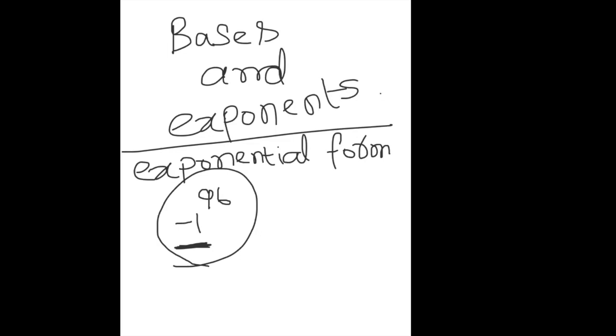Just because there is a negative sign, we should not be confused. Even if there is a negative sign, it will still be the base. So the base is minus 1. I will just write here, base is minus 1. Now, who will tell me what is the exponent in this exponential form? Aishwarya? 96, sir. Okay, so the exponent is 96. Very good. Just because there is a negative sign, you should not get confused. Even if there is a negative sign, it will still be the base and it will still be the exponent.